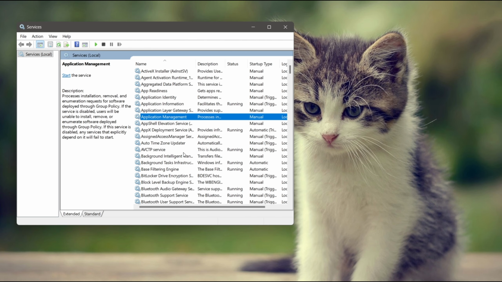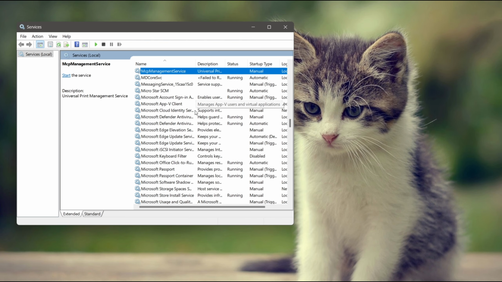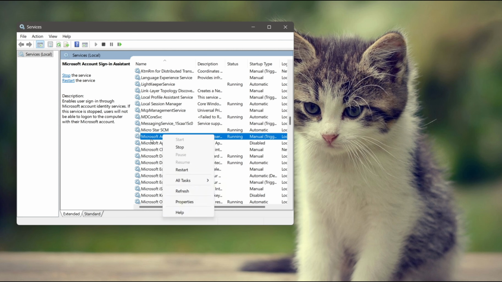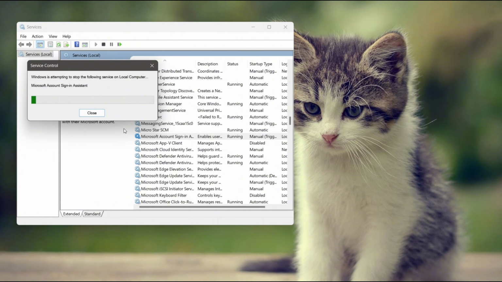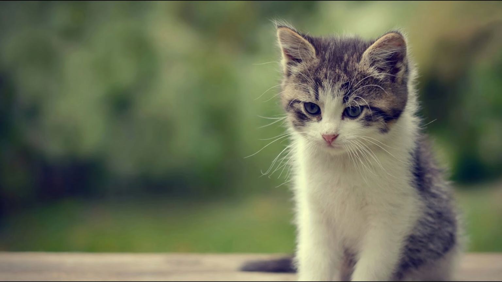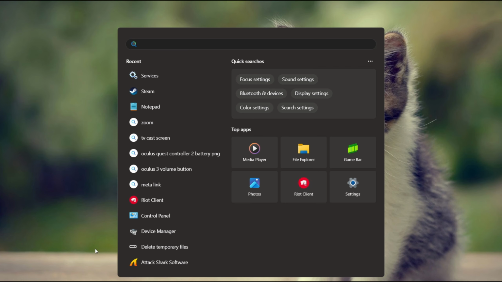you can go ahead and try finding your Microsoft account sign in. So you can just go ahead to the M section and go to your Microsoft account sign in. What you're gonna do from there is just restart that service. So just go ahead and wait for the service control to finish, and once that's done, you can go ahead with the next option. So you can try your Outlook right now, but again, you can have another option over